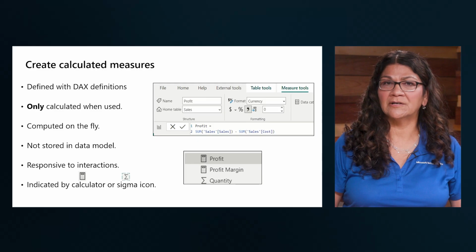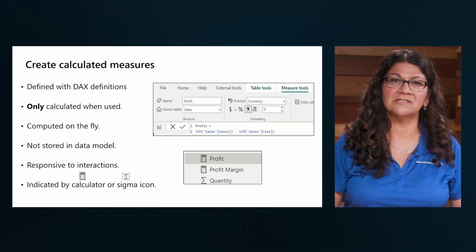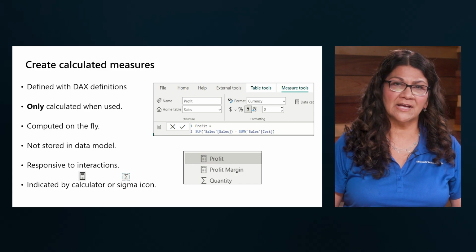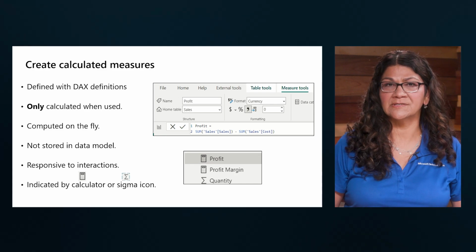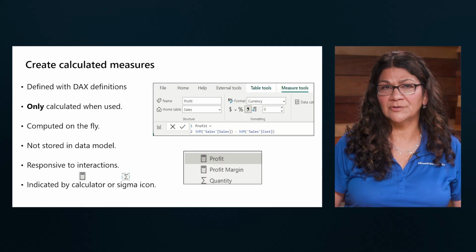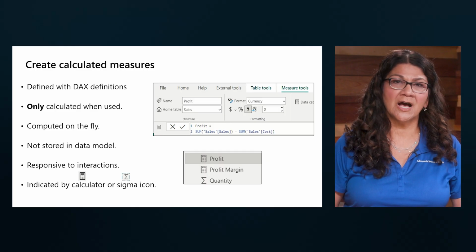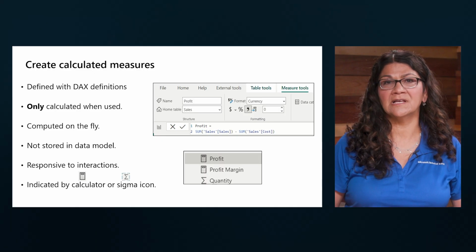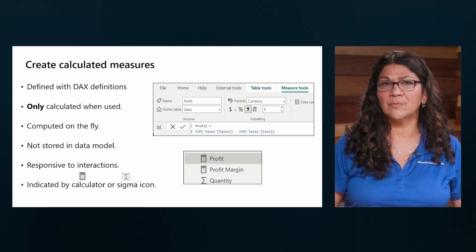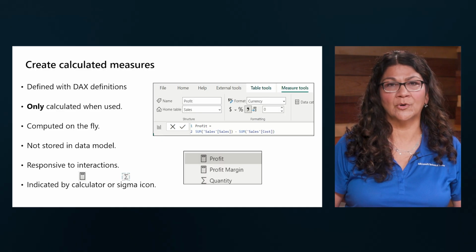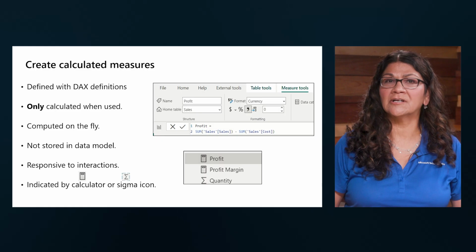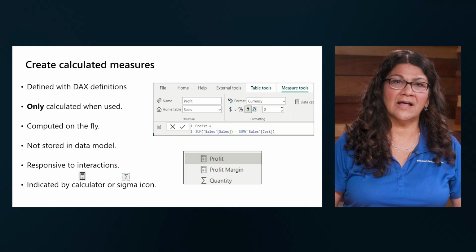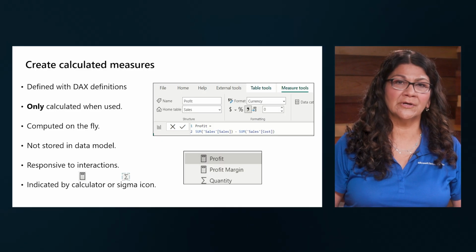Measures in Power BI are essential for performing calculations and summarizing data within a DAX model. They enable the aggregation of values across multiple rows, allowing for a comprehensive view of the data. Measures are commonly used in data analysis and offer a wide range of functions, including sum, average, min, max, count, and more. What makes measures particularly powerful is that they are not pre-calculated. Their values are determined only when queried for.